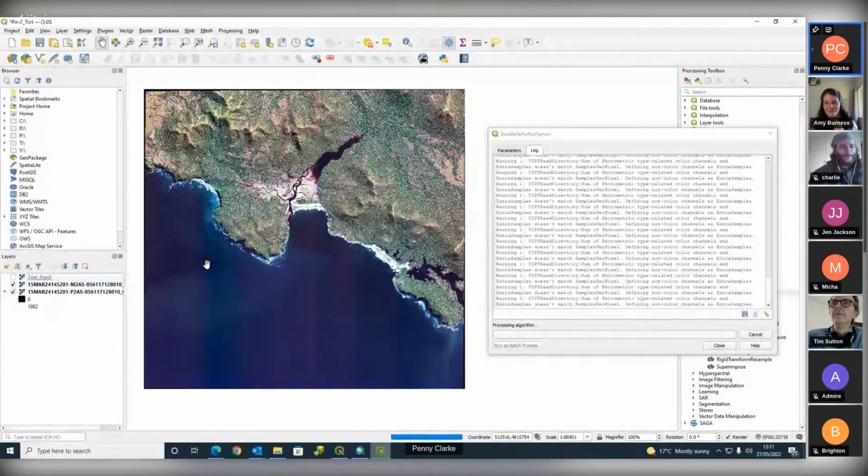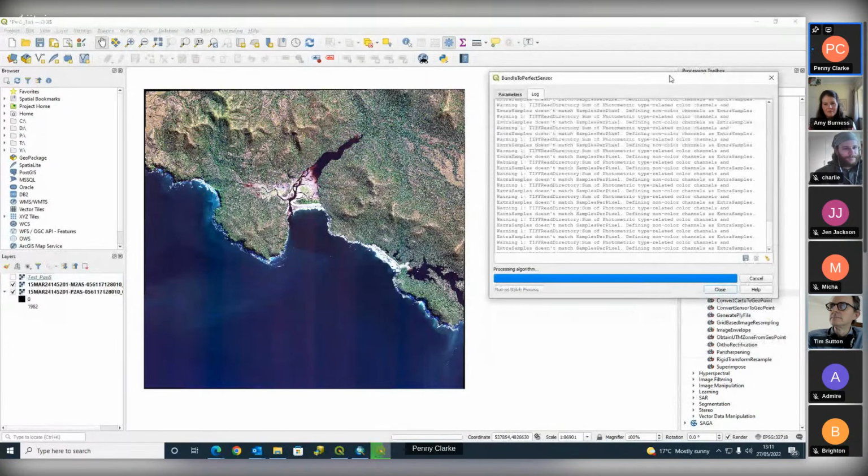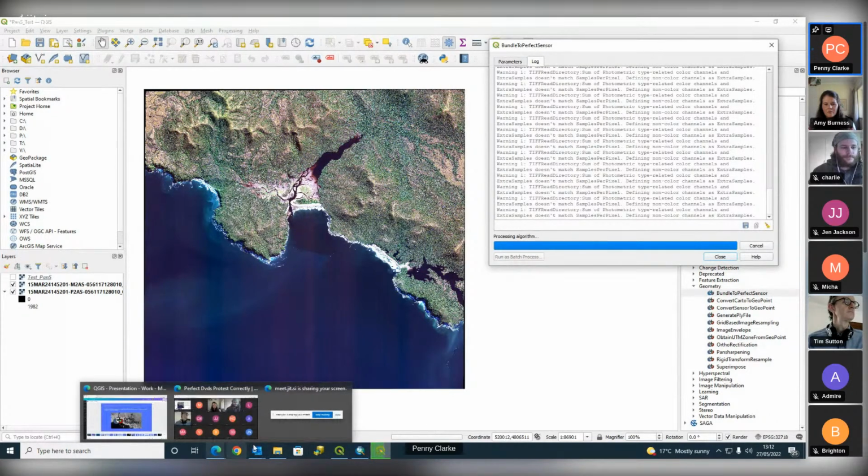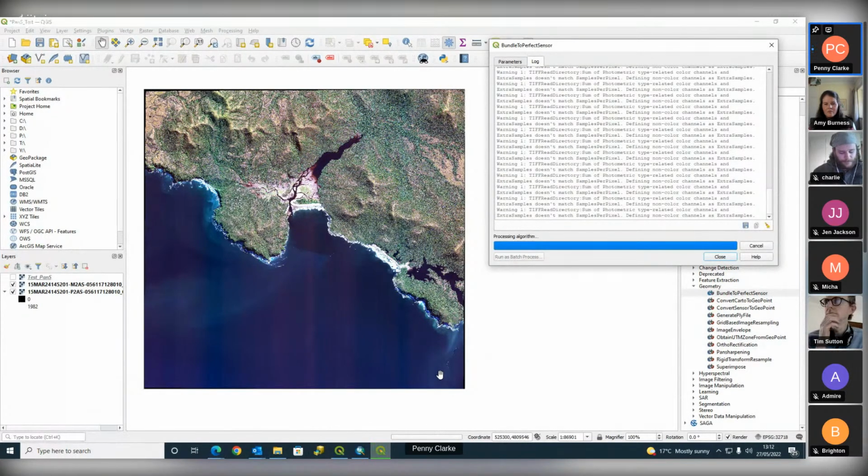There we go. So yeah, we've got the multispectral image, and then I have used the Orfeo Toolbox, and I used the bundle to perfect sensor. I used the RCS at this point to do this particular layer. I am currently trying to run something for the Bayesian, but it's taken a very, very long time. So this is one of my questions. But yeah, I've basically put on the slide some extra questions that run through the challenges